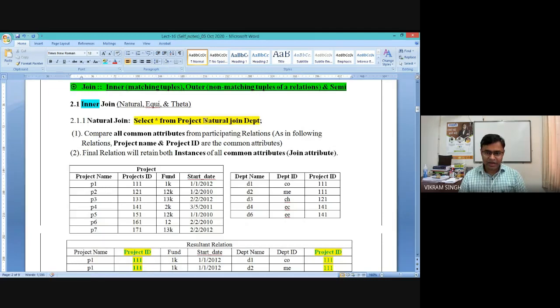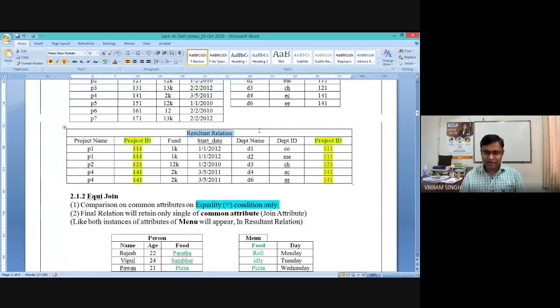So if you perform natural join here, now we will be writing a query, which is like select star from project natural join department. The output will be like this.